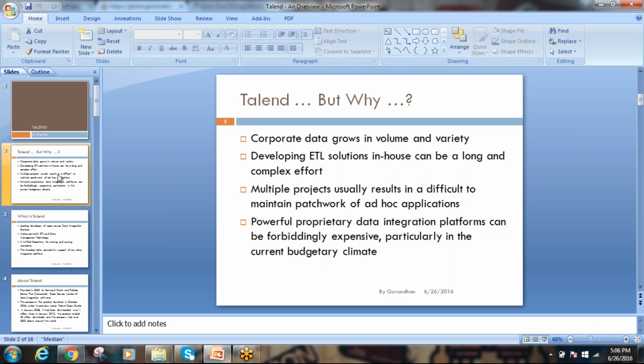So all these challenges can be answered by the tool called Talend. You can handle the huge volume of data and wide variety of data using Talend, and the ETL solutions that are developed, which have complex effort, can be split into multiple subjobs, and then the subjobs